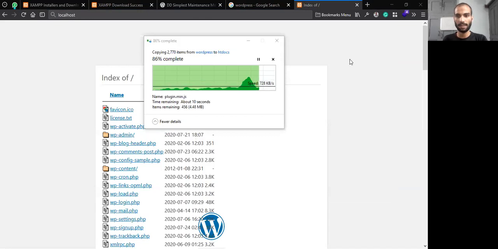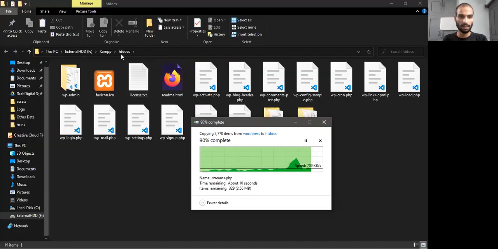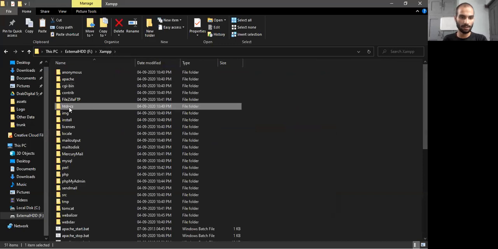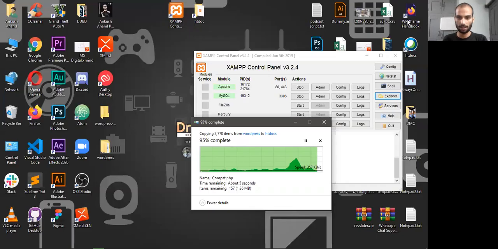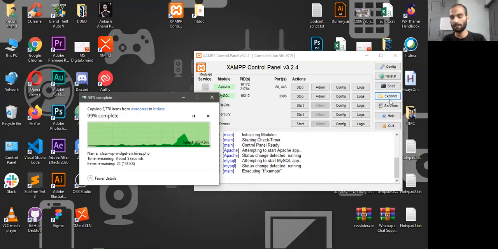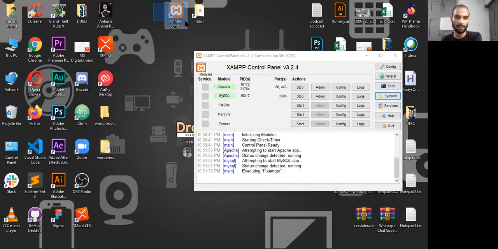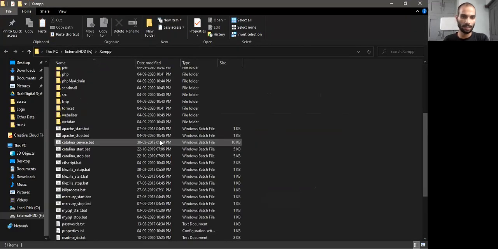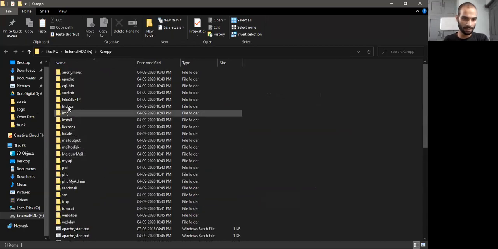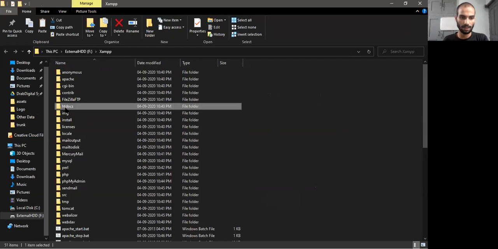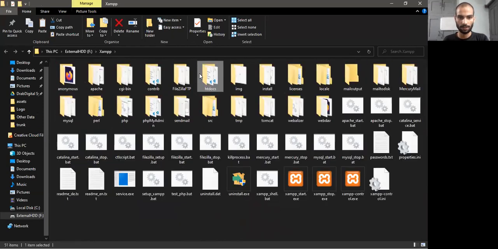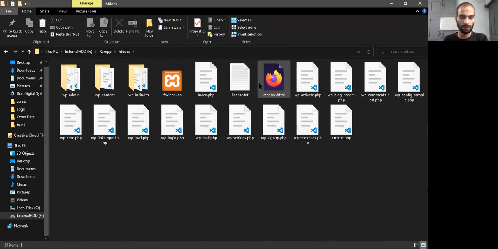It was htdocs. Here you can see it was htdocs. So you have to just go to this, but if you want to keep it simple, just open this XAMPP control panel and click on Explorer. It will directly take you to the XAMPP folder where you have to find this htdocs folder here. Can you see it? So this one is htdocs. Here you have to open this, and the best way is to create a shortcut on the desktop for this folder. So that's what I did. I created the shortcut.